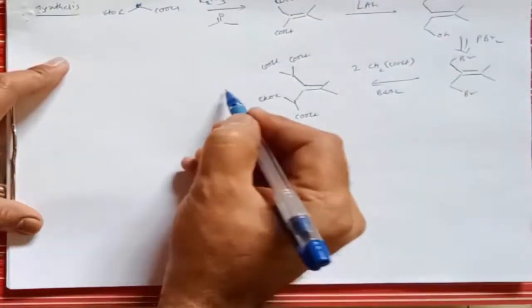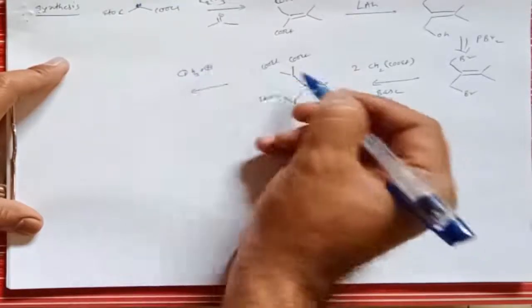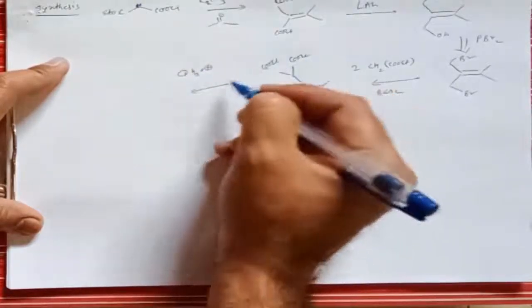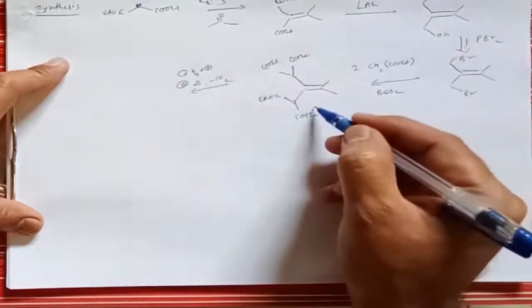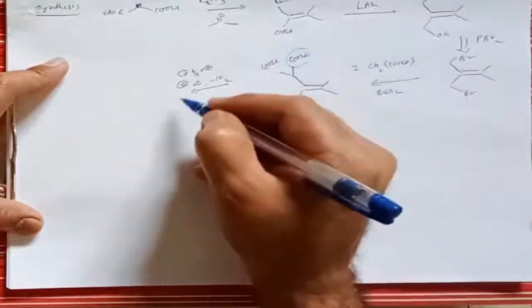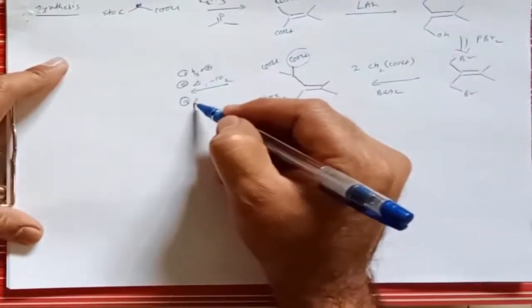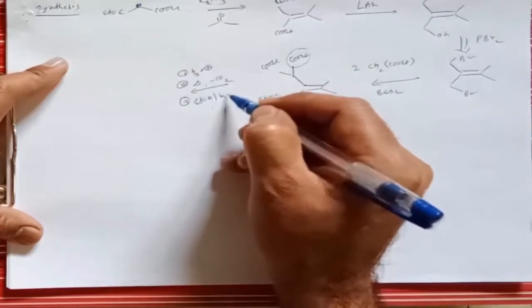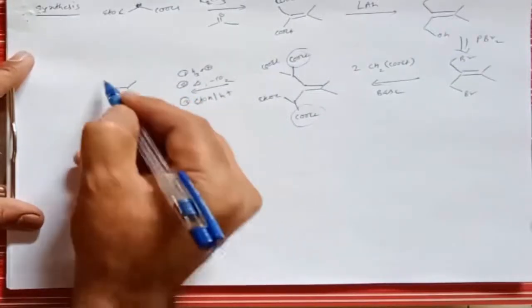Now you can go for hydrolysis. After hydrolysis, what does it give? The ester will be converted into acid. Then in the second step, if you heat, it gives decarboxylation. That means one of the groups will be removed from this side. And again in the third step, we have to treat this molecule with ethanol. That means we have to again form the ester in presence of acidic condition. That means esterification is there. And what does it give? So this functional group remains as it is.